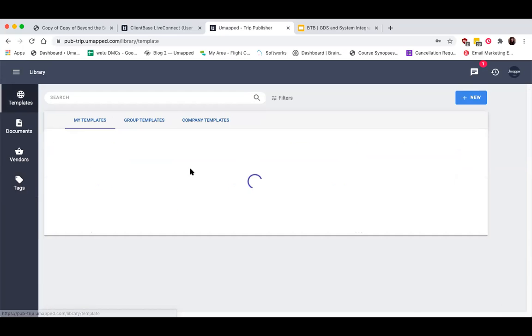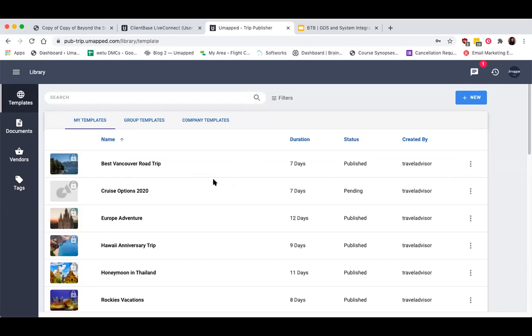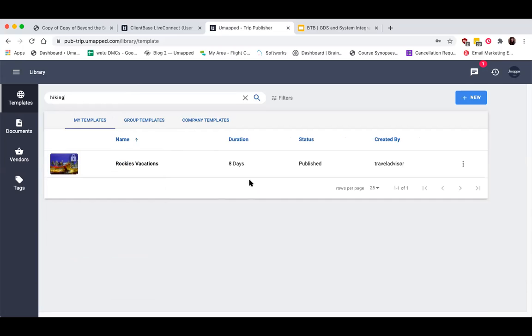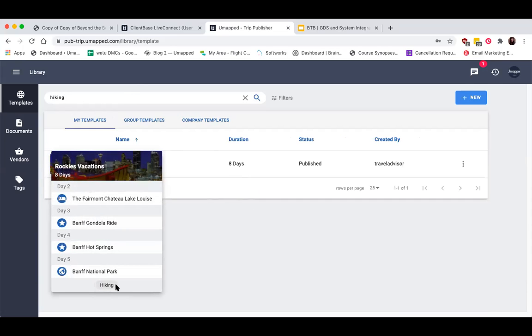So if I was meeting with a client for the very first time and they were to say to me, I was really interested in going hiking, but I'm not too pressed about the location, as long as it involves a lot of hiking, I can look up hiking here in the search bar. And then any templates that have been tagged with that tag, you'll see when I hover over it, it's right down here at the bottom,